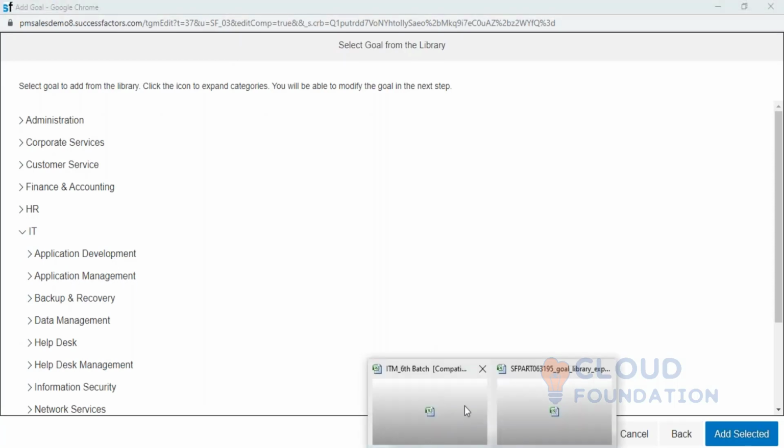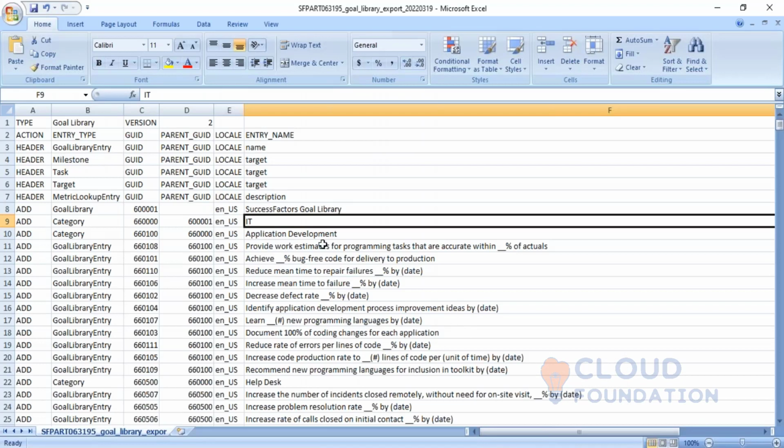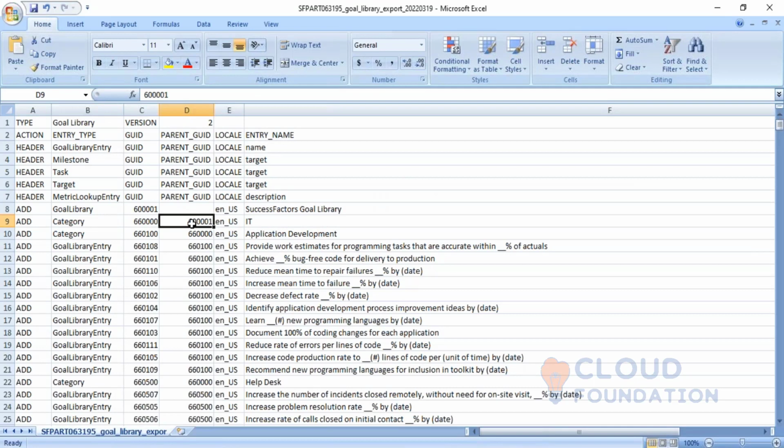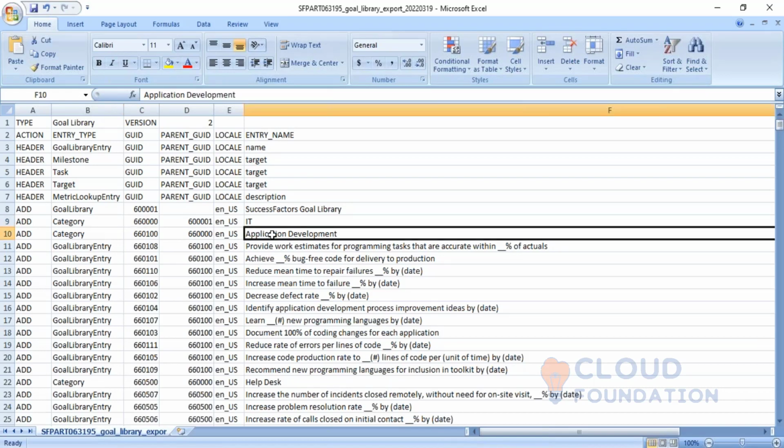Under IT, which became a parent GUID, you created this new GUID, and under IT again you are creating a subcategory. What is the subcategory name? Application development. When you go back here,